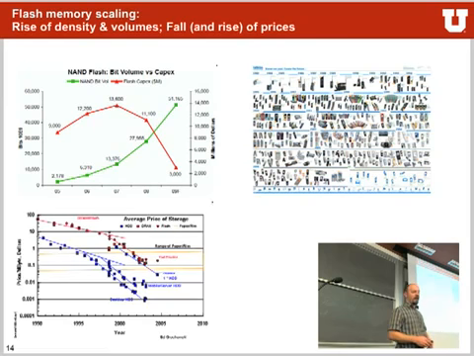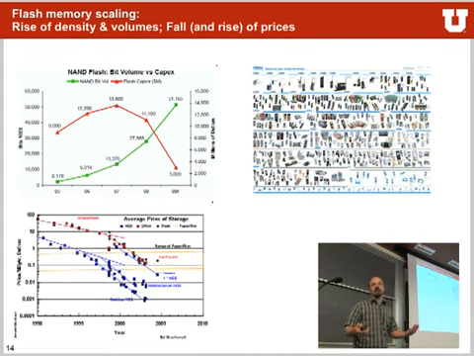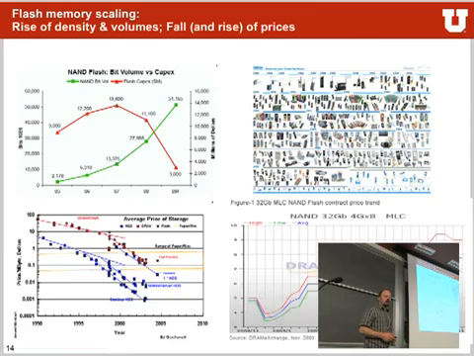We have similar things happening with DRAM. DRAM prices are getting lower and lower. You have more and more memory in your machines for basically the same amount of money. And the last one is that DRAM is actually becoming so cheap that it's becoming a spot market. The DRAM price changes every day, depending on availability, manufacturing, and about a year ago when we had this huge